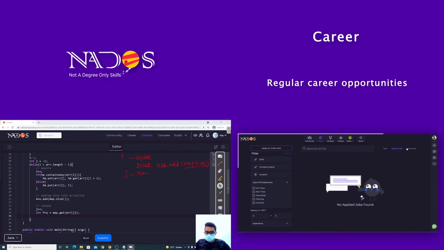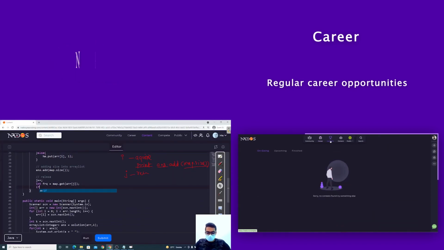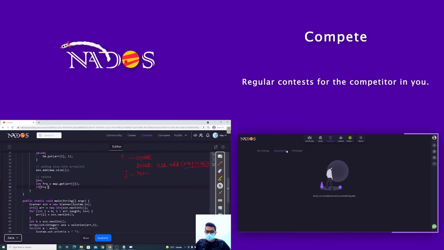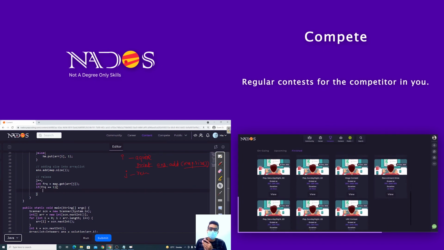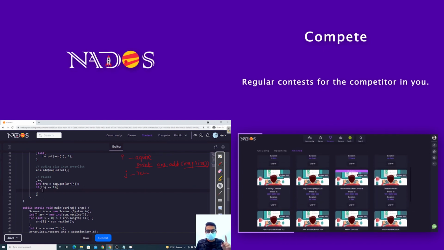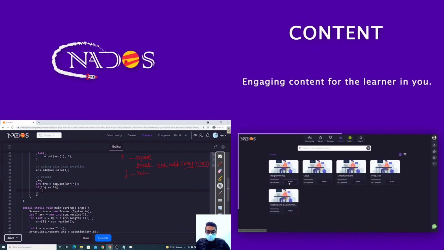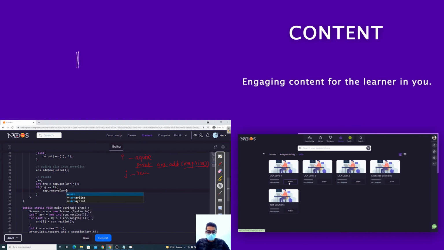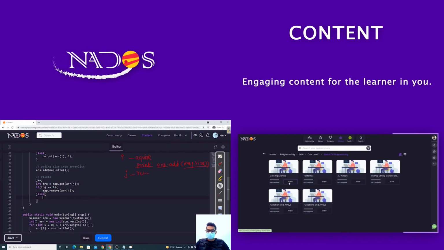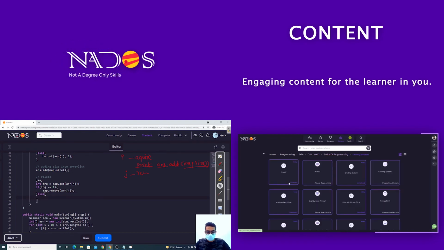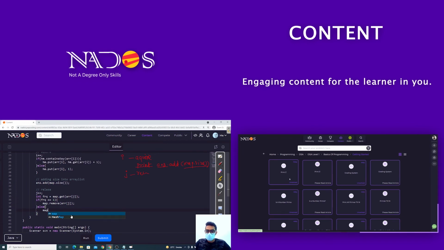So we are saying that if the frequency is 1, if our element frequency is 1, so remove that